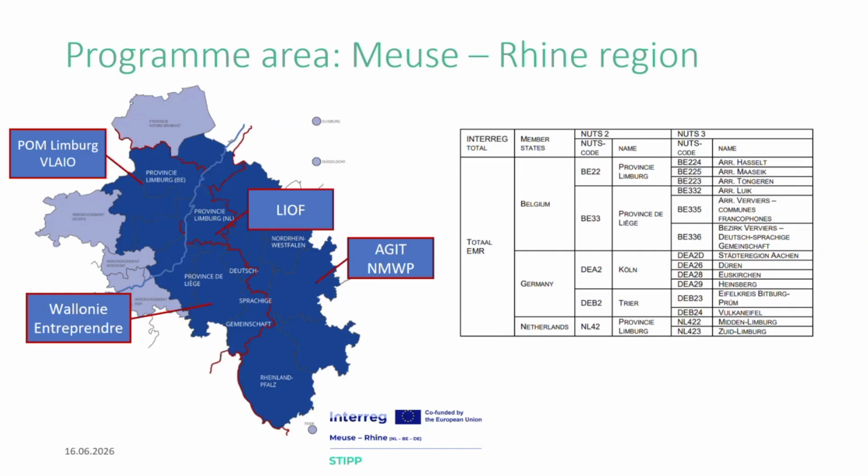We know that the figure is not really clear on where which city is, so we always recommend to check the NUTS 3 codes, which you can see on the right, if the location of your company fits in those areas. You don't need to have your headquarters in the area, but it is important that you have an established location which is registered in the Chamber of Commerce for your company in that area.